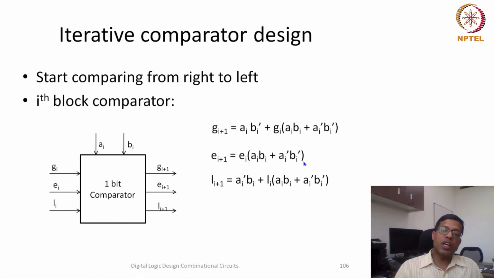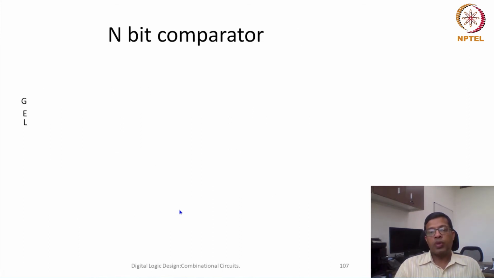And similarly for Li plus 1, Ai has to be 0, Bi has to be 1, and previously Li should be 1, and for the current bit, both Ai and Bi should be the same. So this way, by logical reasoning, we can find out the equations for the outputs Gi plus 1, Ei plus 1, and Li plus 1. Now using this particular block,